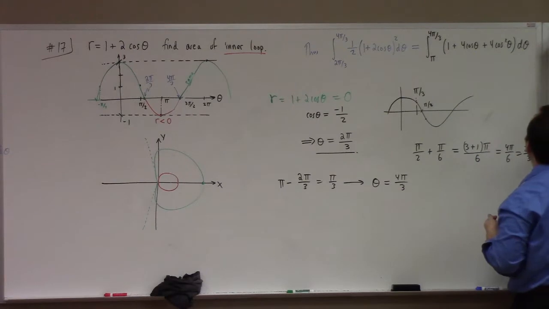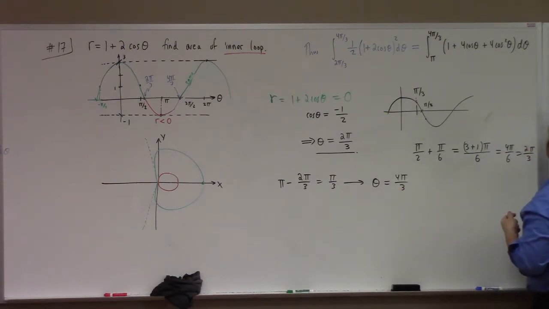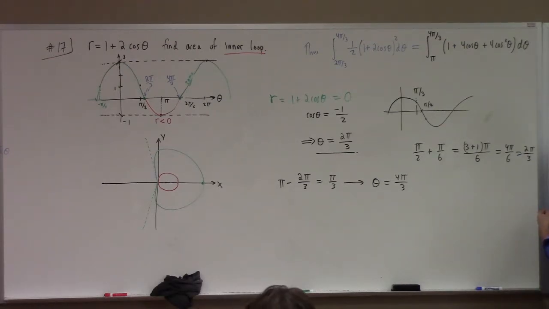Which is going to give me theta evaluated from pi to 4 pi over 3, plus 4 sine theta evaluated from pi to 4 pi over 3,